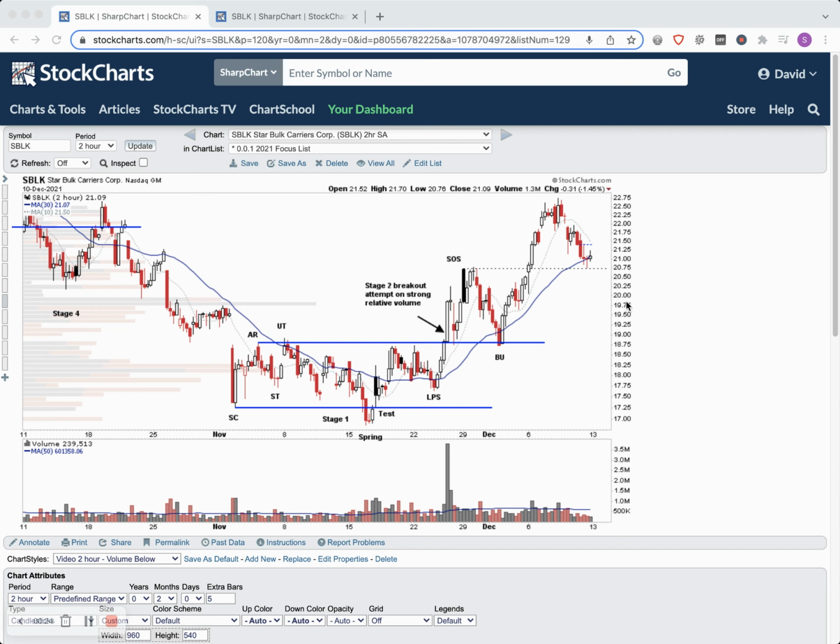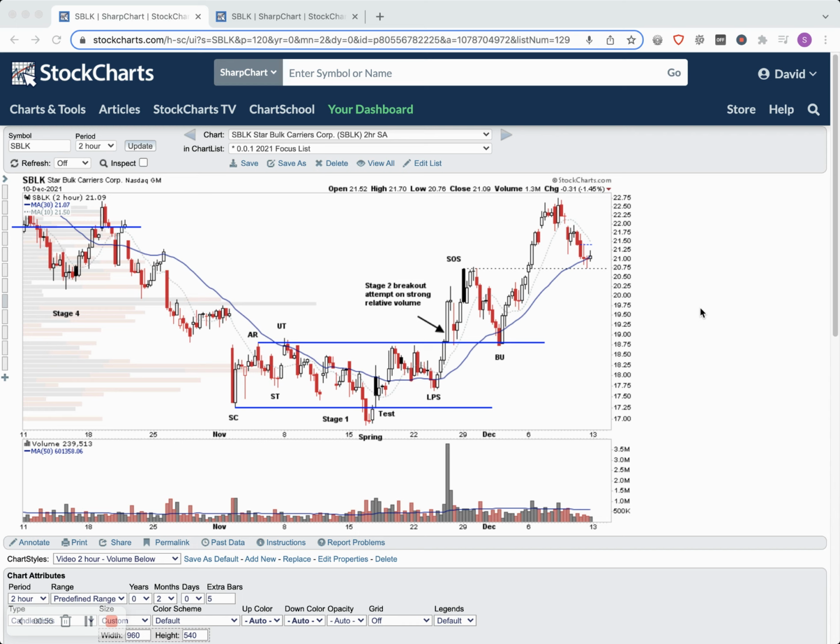So I'm going to start with SBLK, which came up earlier in the week in the watch list again, and obviously came up a few weeks back as it started to make a stage 2 breakout on the intraday time frame here. So this is a 2-hour chart. I thought it'd be good to start with this, especially for newer members, as it is a good way of explaining the multiple time frame approach, and combining stage analysis and